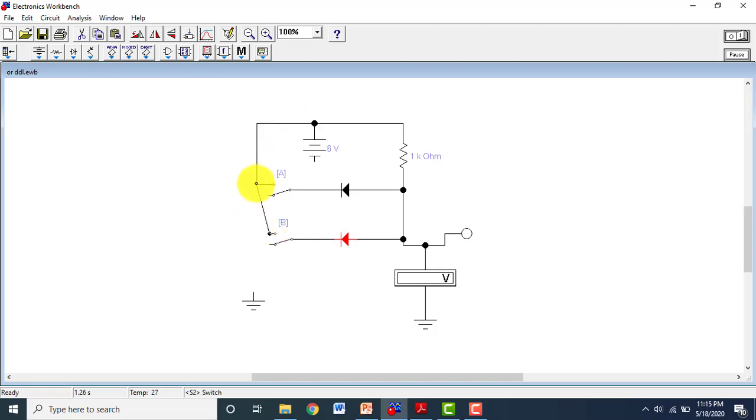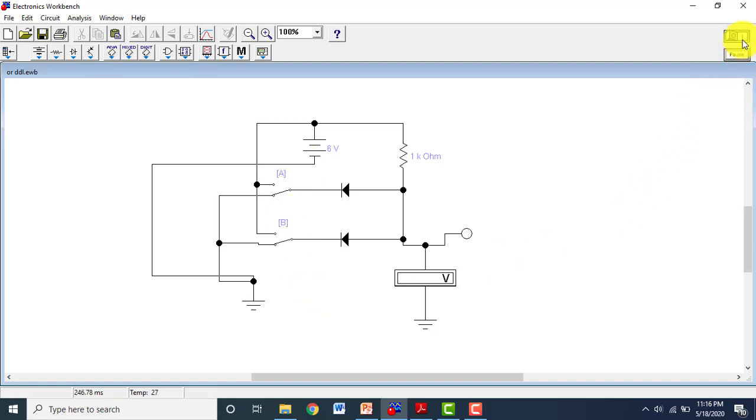Okay, so the upper terminal of both the switches is at logic high, and the lower terminal is at logic low, as I have connected both of the lower terminals with the ground, and the battery should also be grounded. So I will make this battery ground, and okay, now you can see that the circuit is complete.